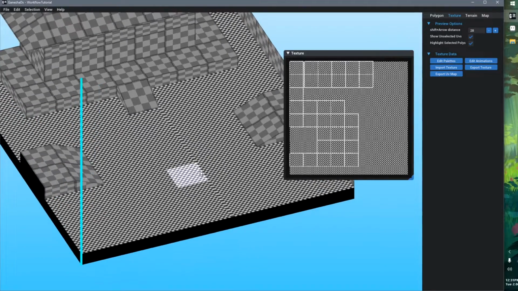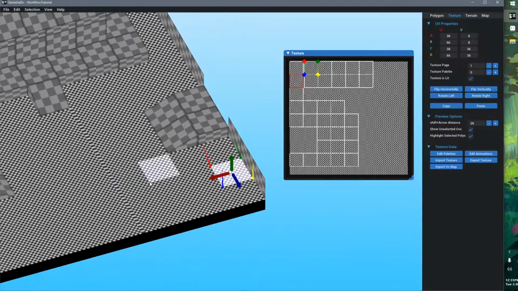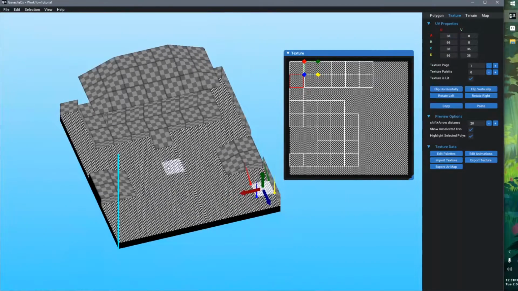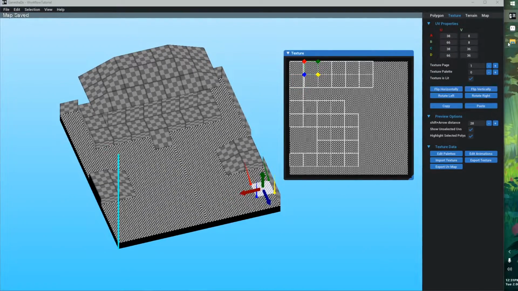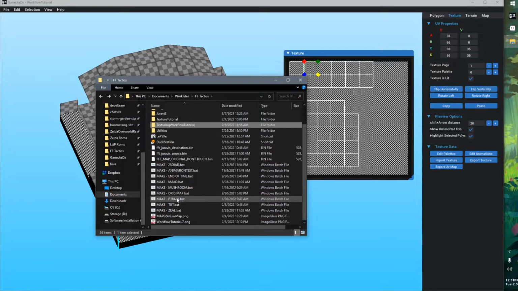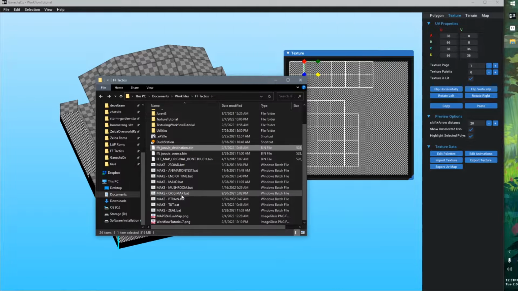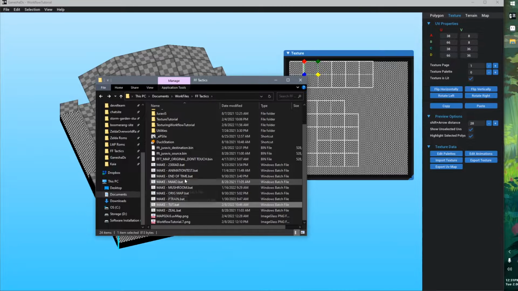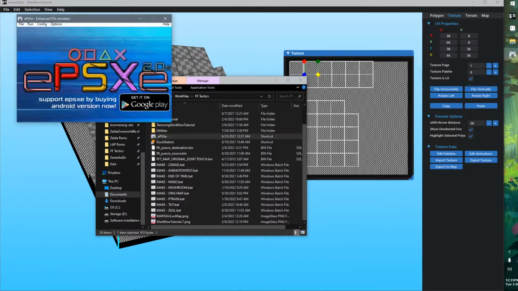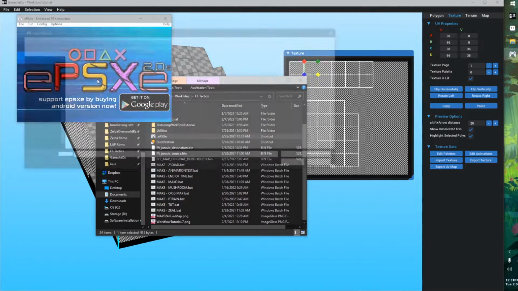So let me go ahead and show you some of the problems that we might have. First of all, I'm going to go ahead and save this. In another tutorial, I'll show you how to deal with this, but I write batch files for each of my maps that will automatically inject them into an ISO for me. So all I have to do is double click, make tut.bat, copies it over. Now when I open up PSXE, load our ISO,